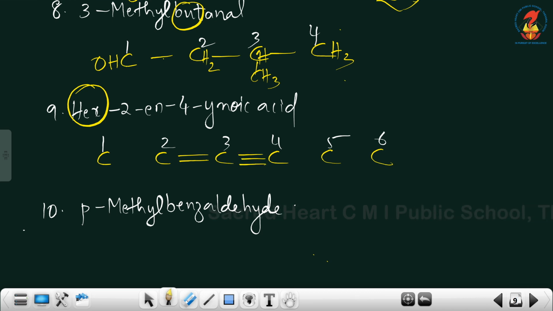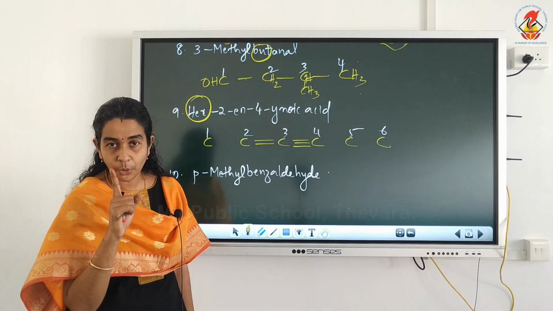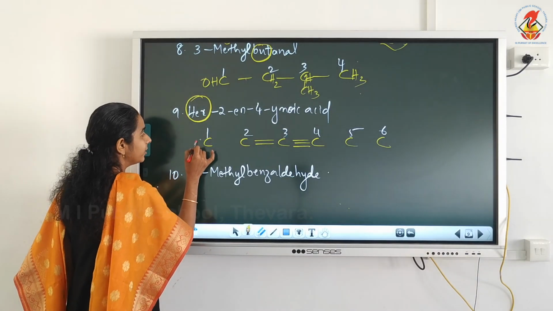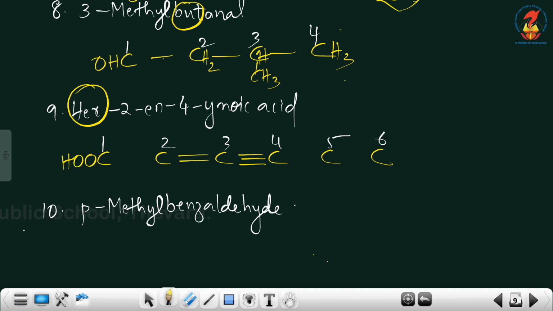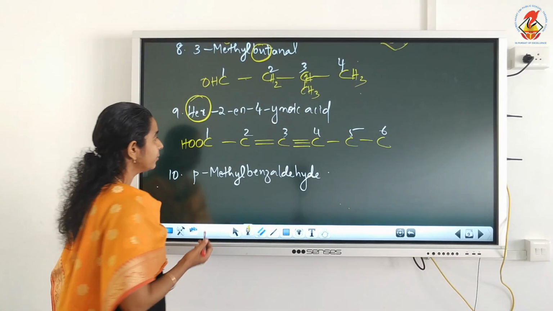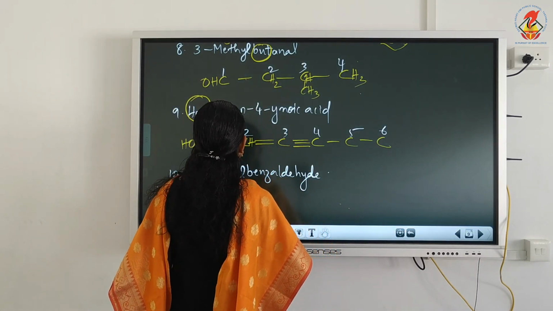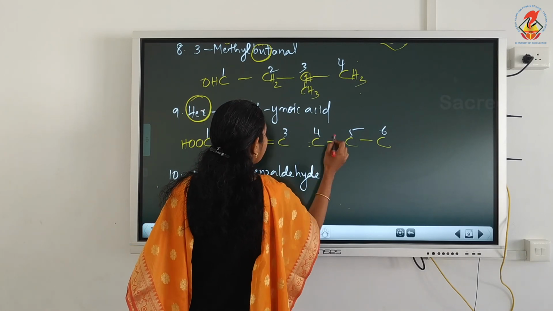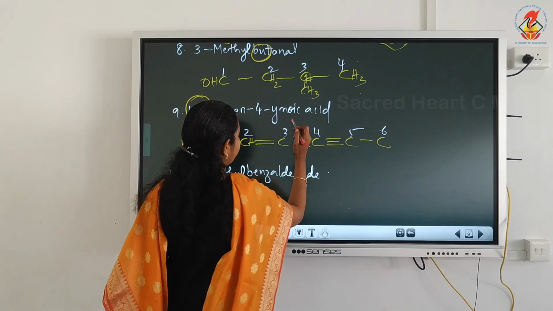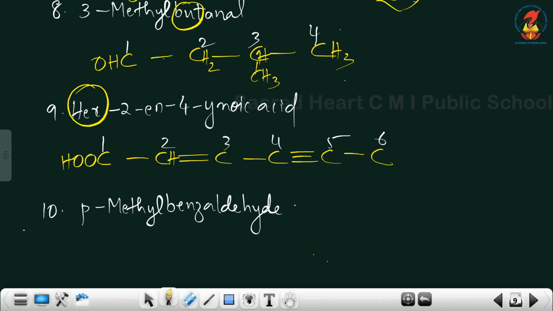Before that, oic acid. Oic acid means there is a COOH group, but the position is not mentioned, so it is 1-oic acid. 1-oic acid means the first carbon is a COOH group. That means the other carbon atoms are singly bonded. Add remaining valencies. The COOH carbon already has its valencies satisfied. So here 1, 2, 3, remaining 1 here. Sorry, 4-yne means between 4 and 5. Okay. So here it is singly bonded. 1, 2, 3, 4, already valencies satisfied. Here also already valencies satisfied. So CH3.